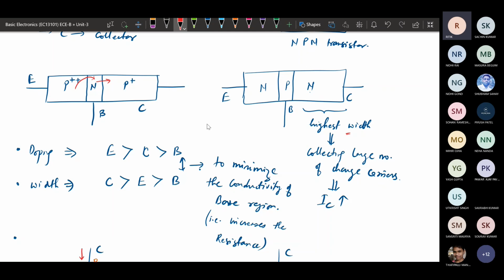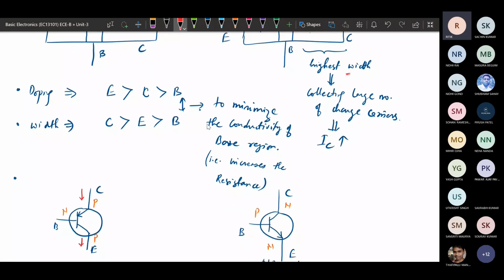If base current is 0, that will be an ideal case. So in the ideal case, base current is considered to be 0. So that's why we are minimizing the base current by light doping, and also by reducing the width of the base region. Okay, so that is given here.